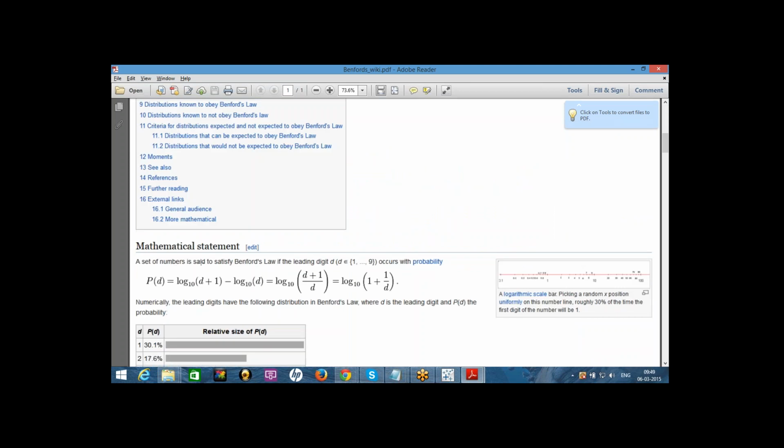The set of numbers. In general, tables are linked to static data, logarithmic data, statistical analysis, or analytical data. So, if you have to write a formula, are we going to write similar formulas in Tableau? We will write the exact formula in Tableau itself: the log of d plus 1 minus log d, base 10. We are going to write this formula to implement it.